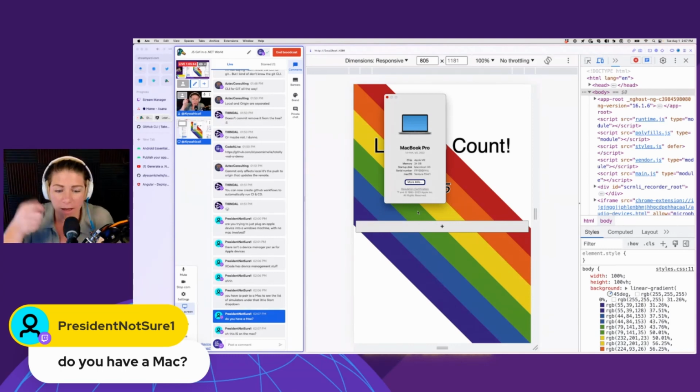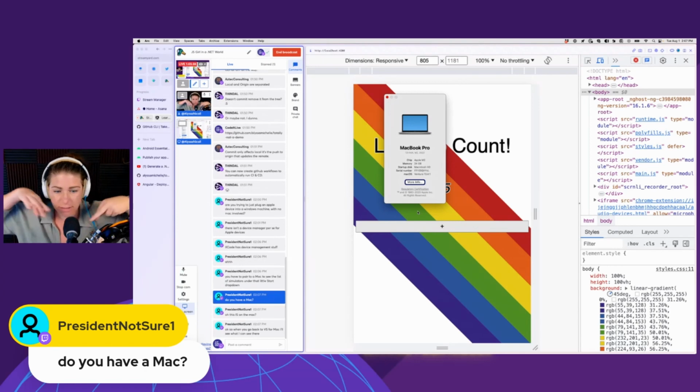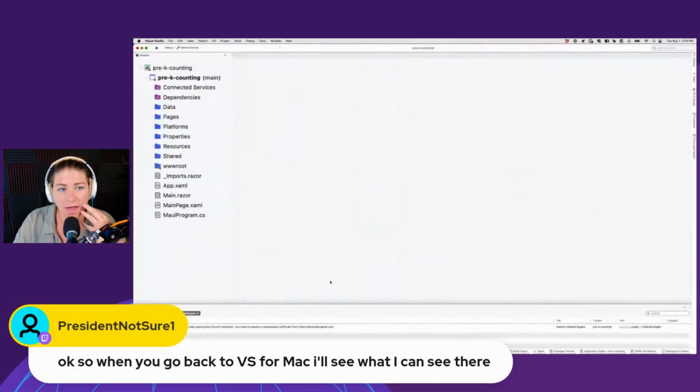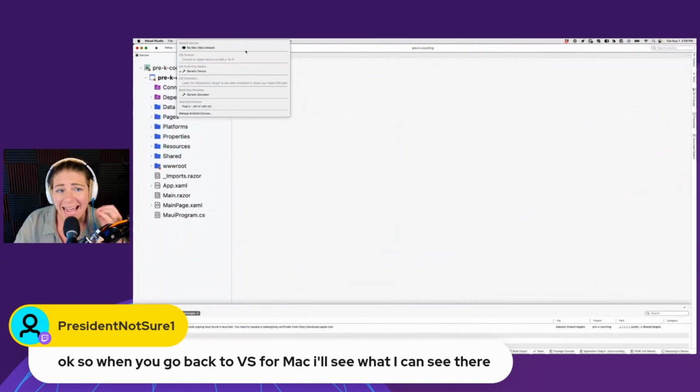Yes, and I have on this Mac done the thing that I was describing to you with the devices. So when you go back to Visual Studio for Mac, I'll see what I can see there. Okay, yeah. So while I'm on here and I'm like, oh yeah, pick a device. I think Zach was right. I was on a preview version of Visual Studio, and there were multiple iOS devices that were possible to build